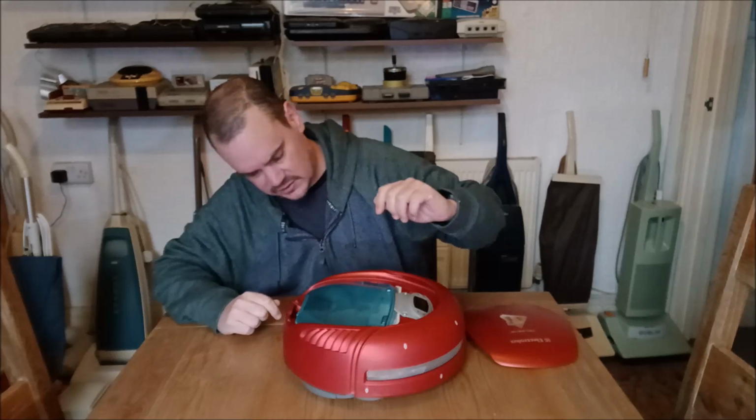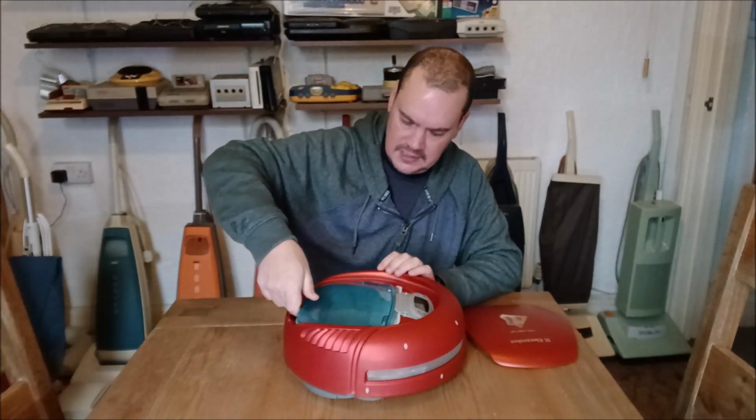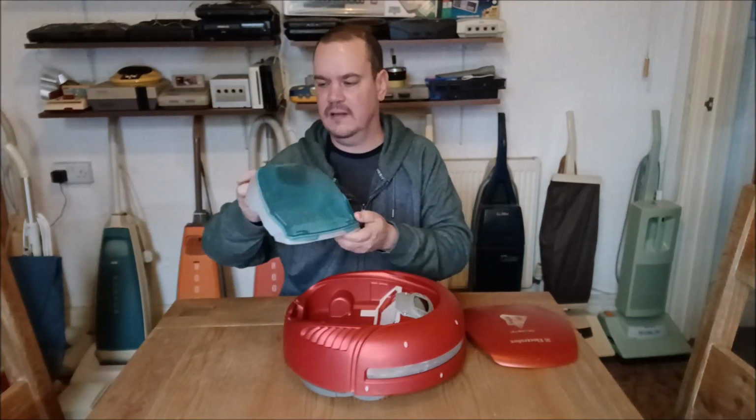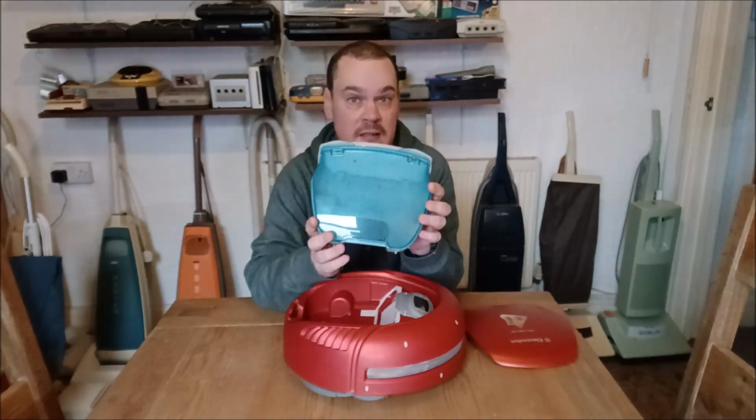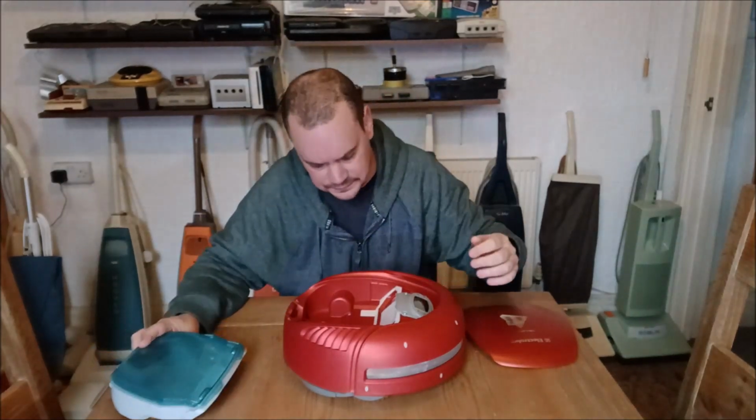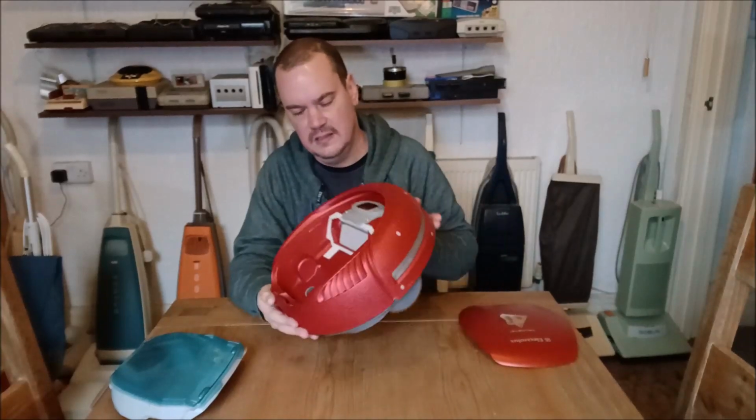And that gives you access to the dustbin. So the dustbin comes out like so, and you lift it away like that. So that's your dustbin. That's what you get. That's your size of bin. Not very big. And then inside here you have